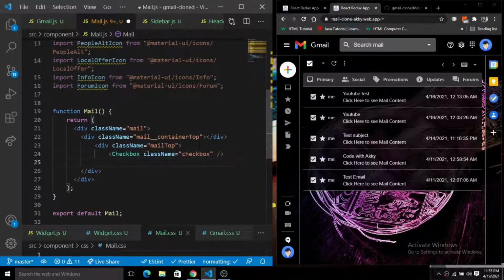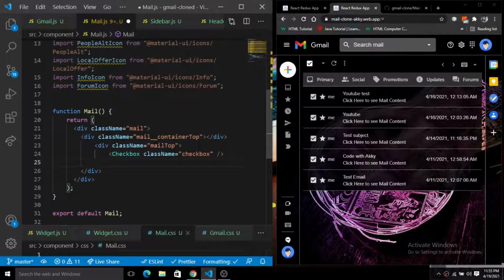And next we have an arrow drop down. Next we have the refresh icon, so we have this refresh icon. Next we have a more vert icon. Next let's close this div.